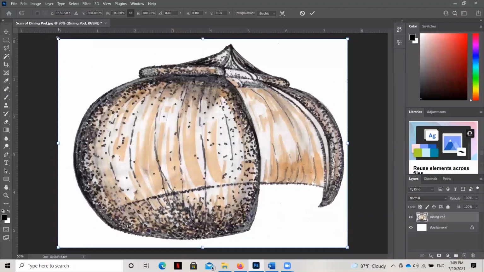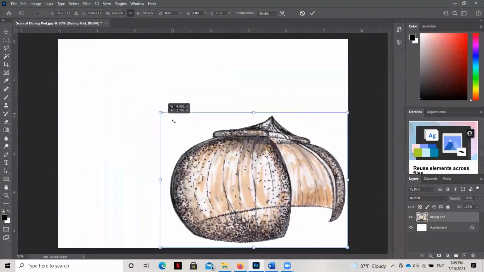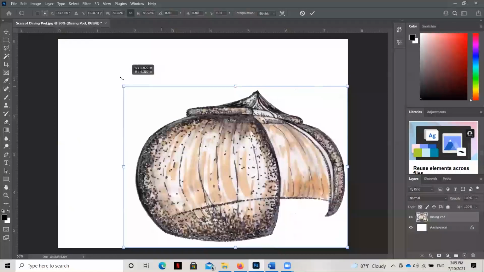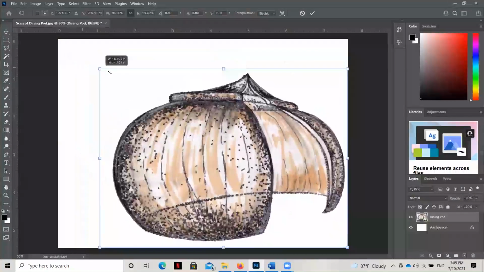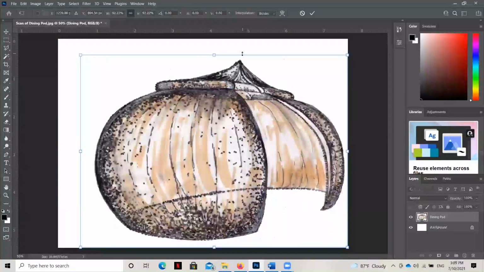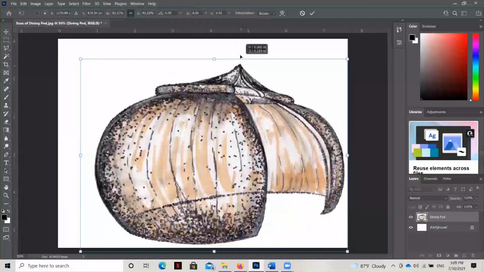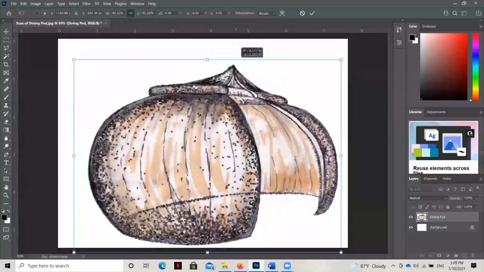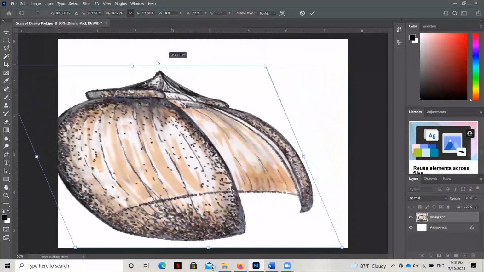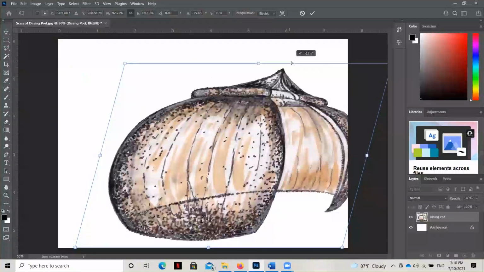But for right now, you can see if I grab one of the corners, I don't have to hold anything down like I did in InDesign to keep the proportions the same, but I can stretch this out any way that I want here. If I move my arrow up here, you can see it's basically just panning. It's moving the entire image up and down. If I hold down my control button and move up there, then I can start to distort this. And when I let go, if I hit the enter button, all of the changes I make will become active.